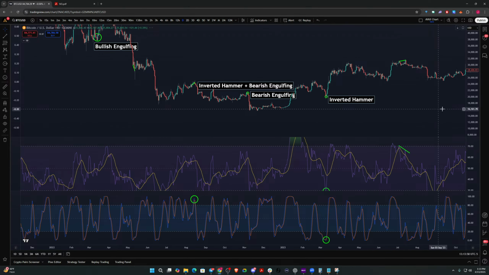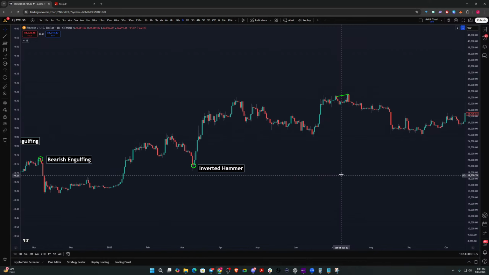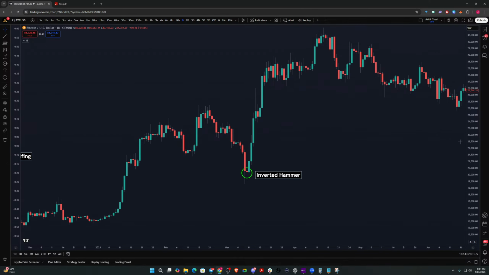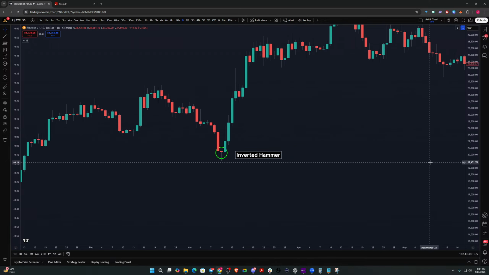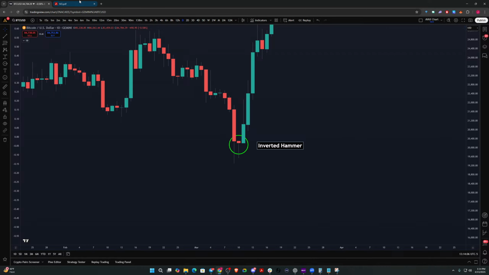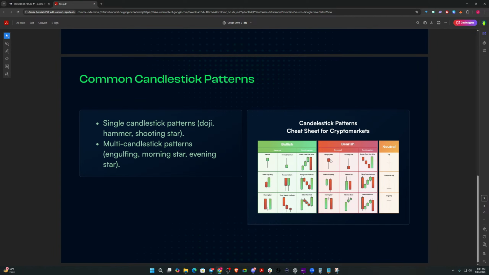So another one. Now, for this inverted hammer candle here, okay, this one you can see, if we zoom in on it, what does it look like? It looks like a hanging man. Now, I want to mention something with hammer candles or inverted hammer candles, or the bearish version, hanging man or shooting stars. So if you have